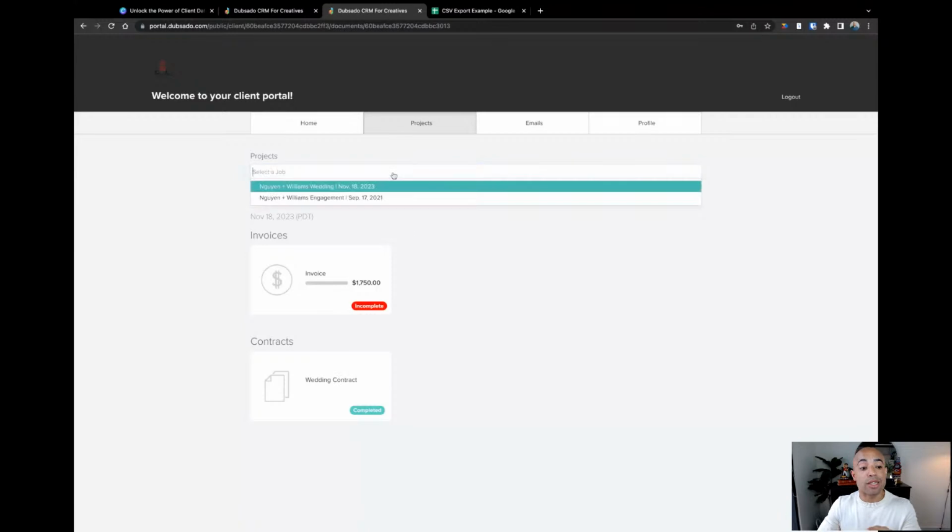So as you can see in the project dropdown, why it's so important to have a solid naming convention is if you're going to use the client portal, you want your clients to be able to identify the project very easily. So including the date might be really good, or at least putting the service of what you're doing in there, so that way they can identify the project easily and they're not confused about what this project title means. So if you are planning on using the client portal, that's a very good reason to have a very good naming convention.